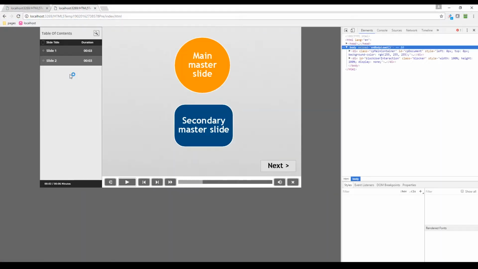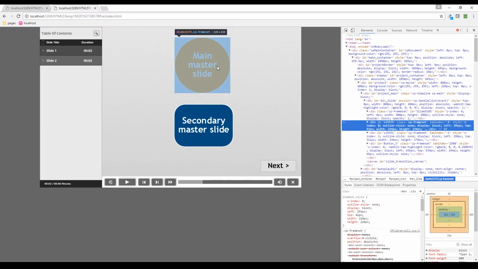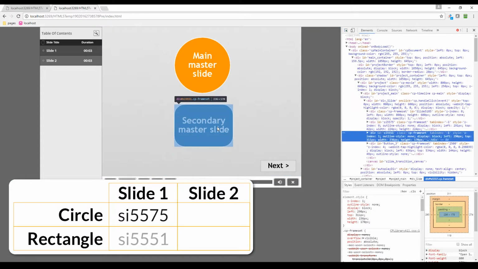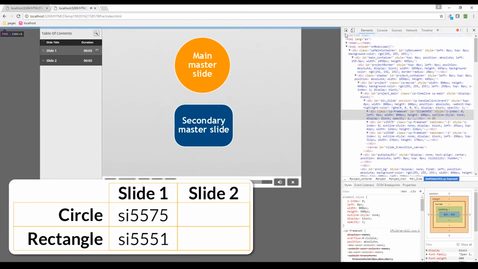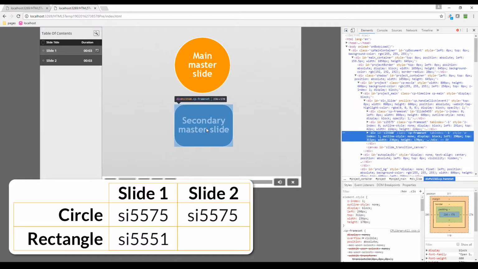Pressing F12 brings up the developer tools. Select the inspection tool, then the circle, and we find the ID of the circle is SI5575, and the ID of the rounded rectangle is SI5551. Going to the next slide, inspect the circle, and we find that its ID is SI5575, which is the exact same ID it had on the first slide. Inspecting the rounded rectangle, we find that its ID is SI5560, which is not the same as it was on